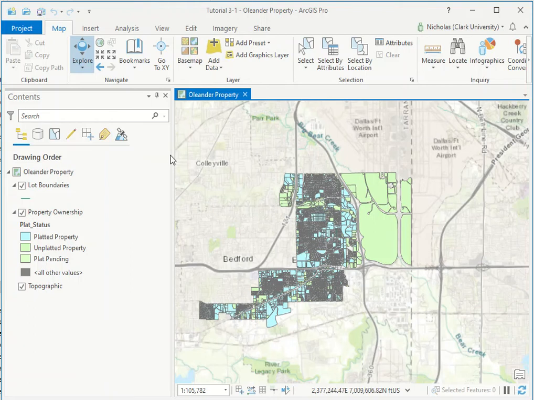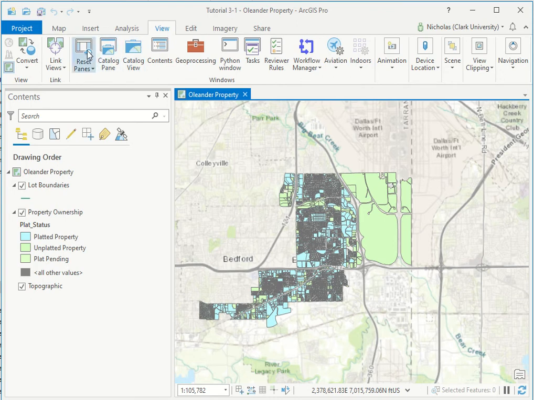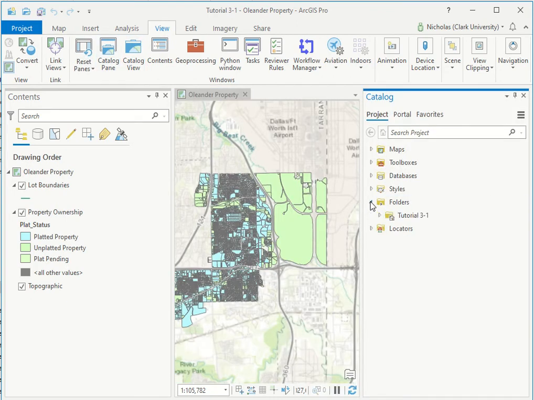I'm going to walk through the first steps of the tutorial in exercise 5. I've already got the ArcPro project open, so I guess I've done step 1 on page 83. Moving to step 2, I'm going to add in the catalog pane. So I go to the View tab, Catalog pane, and